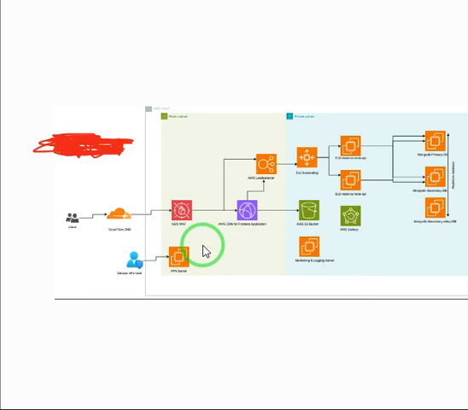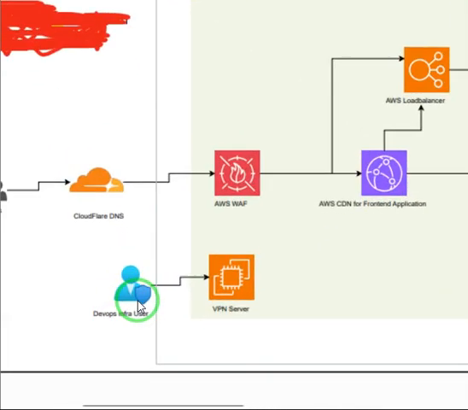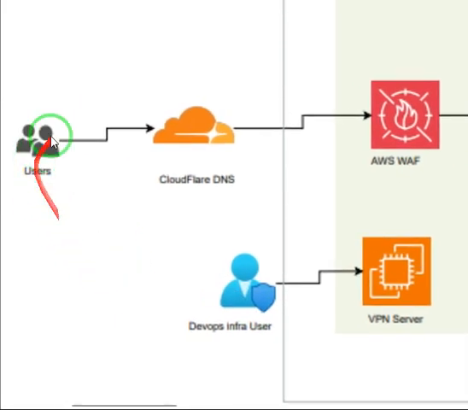In this video, I am explaining the AWS infrastructure architecture for the front-end application, the back-end application, and the database. So as you can see on screen here, the structure. Let me zoom it. So basically, first we have the end users. End users will get the traffic from the